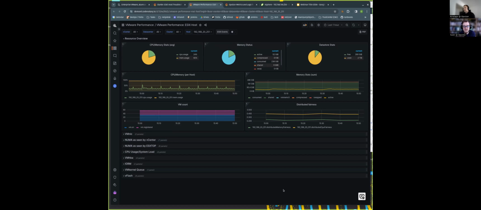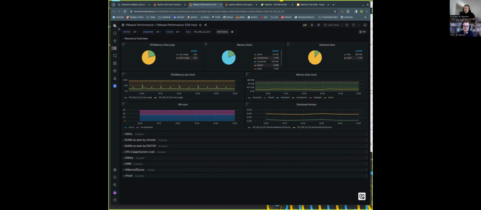And of course, here, standard metrics like memory and CPU usage come along, but this dashboard also gives specific focus on further key elements when you want to troubleshoot the ESXi host